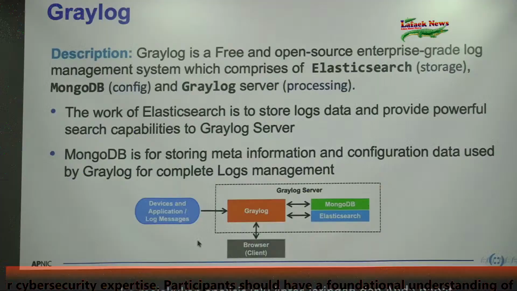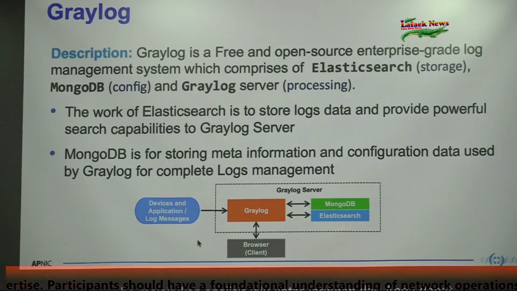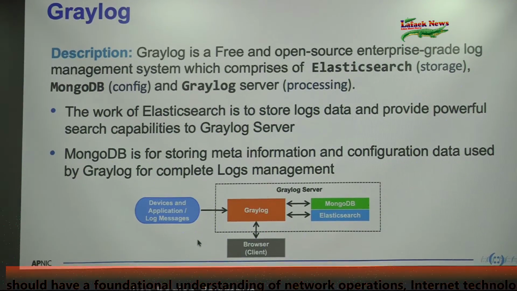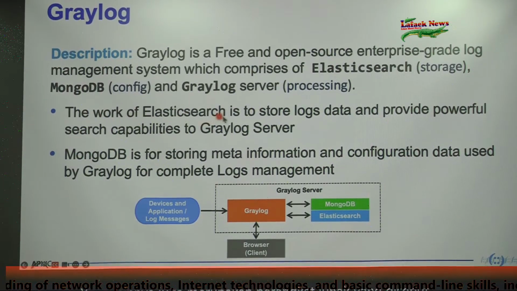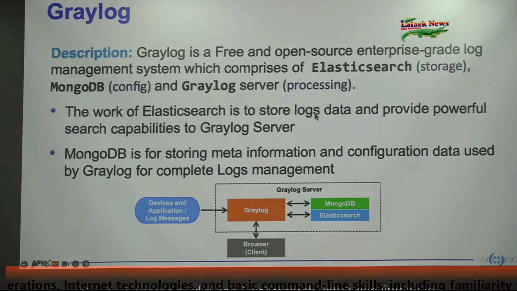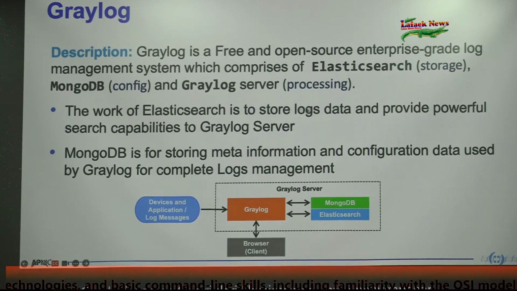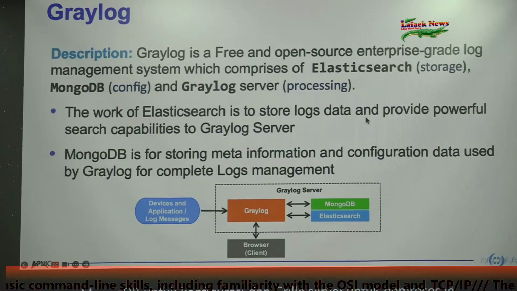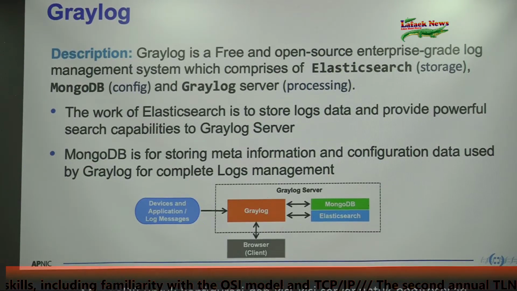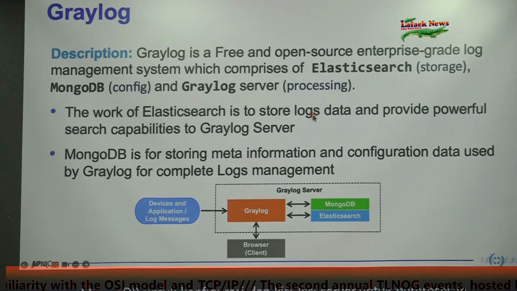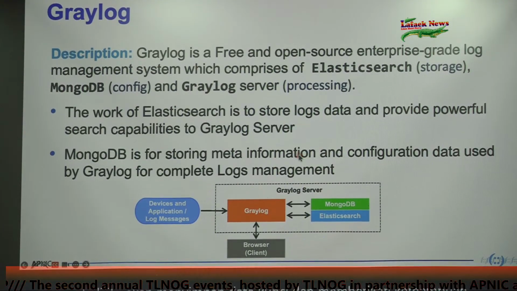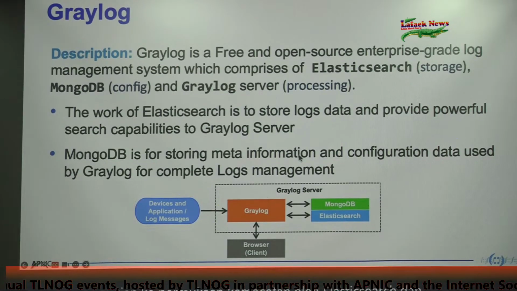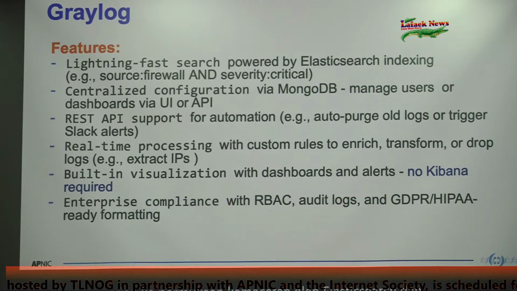The other one is a software called Graylog, because it comprises Elasticsearch for storage, MongoDB for configuration, and the Graylog server for processing. So Elasticsearch stores logs and data and provides search capabilities to the Graylog servers, and MongoDB stores meta information and configuration data. That's the feature of Graylog. You can check it on the